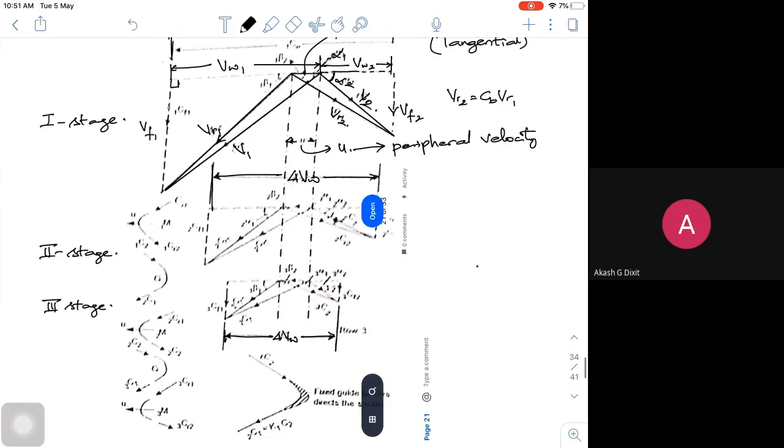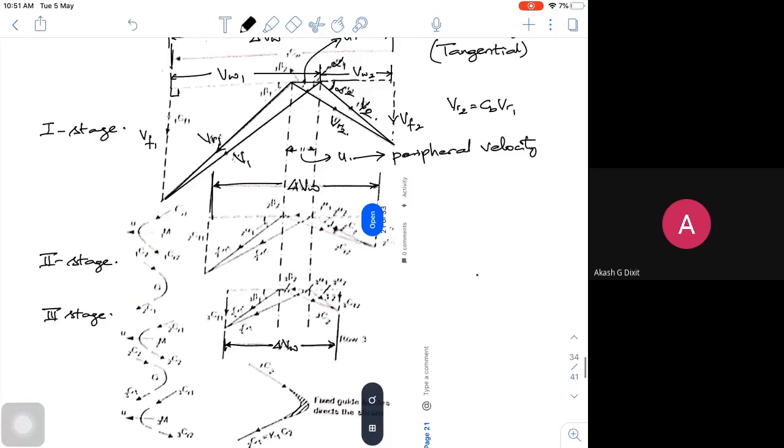No problem. Okay. Now you have this particular thing. What will happen? Now the fluid is coming out with the velocity V2. This is the velocity with which the fluid will come out. So what will the velocity be if there is no carryover coefficient? If the carryover coefficient is 0.9, we will have the velocity triangles only for the rotors. This is for the first stage rotor. This is for the second stage rotor. Third stage rotor. We will not write any velocity triangle for the stator because they are not rotating. My relative velocity is 0 for that.